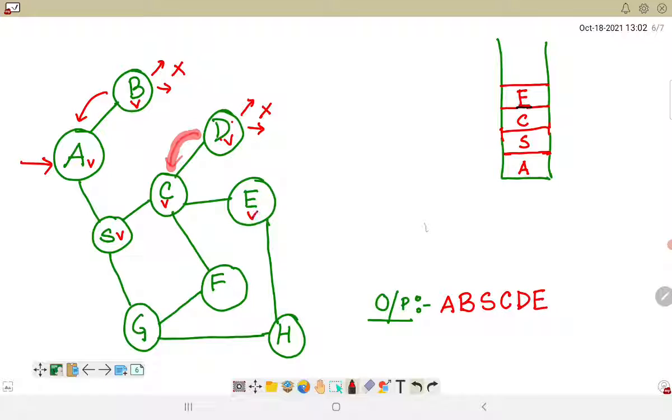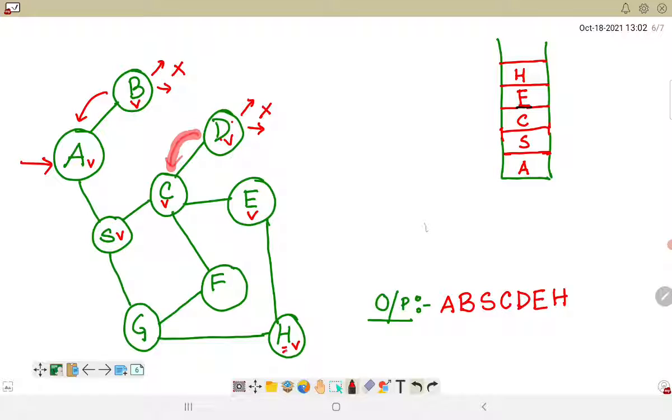E is now marked as visited. Once we reach E, E has the child H, so H will also be added to the stack, marked as visited and added to the output sequence.